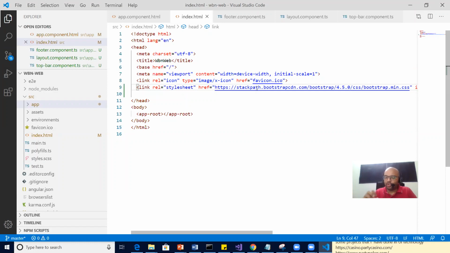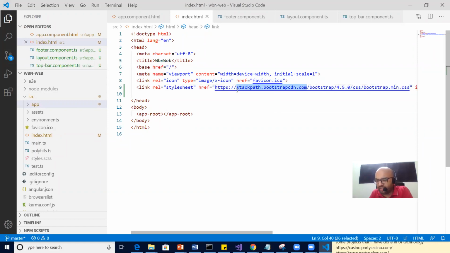For example, your files, your videos, your images are there on some server, and from there you are pulling them. If you see this link, you can easily understand that stackpath.bootstrapcdn.com is a domain server.